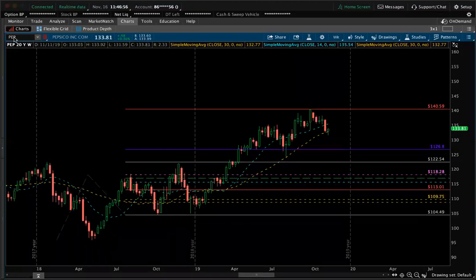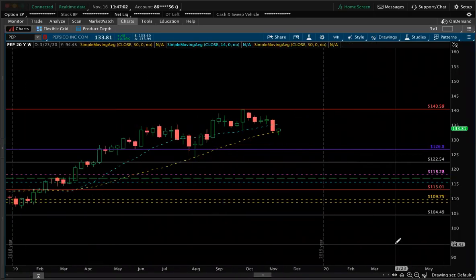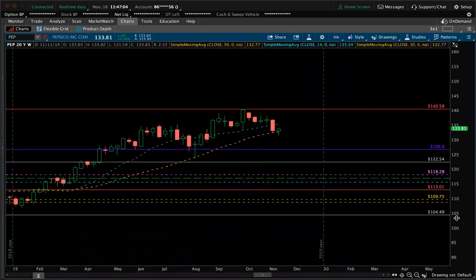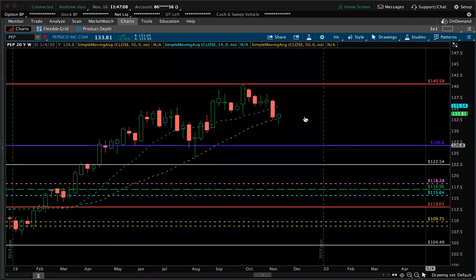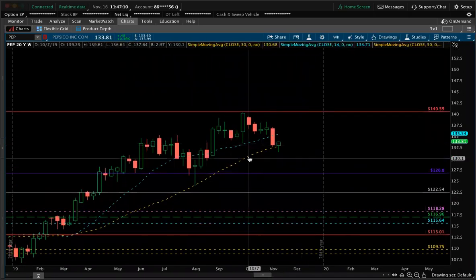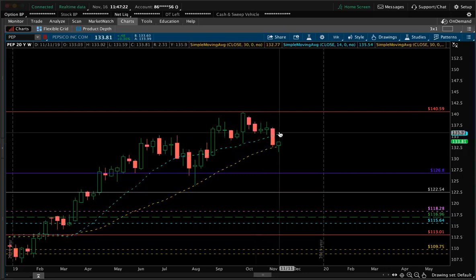So off the back, looking at this weekly, I look at the hammer that we formed yesterday. I'm also using my 14 and 30 SMA to simplify this trade idea that I had and why I got into the position. So we bounced off the 30 SMA. We came below it. We closed above it. And now our target, as always to me, is once we test that 30 SMA and the 14 SMA is above the 30, a vacuum back to the 30 SMA.